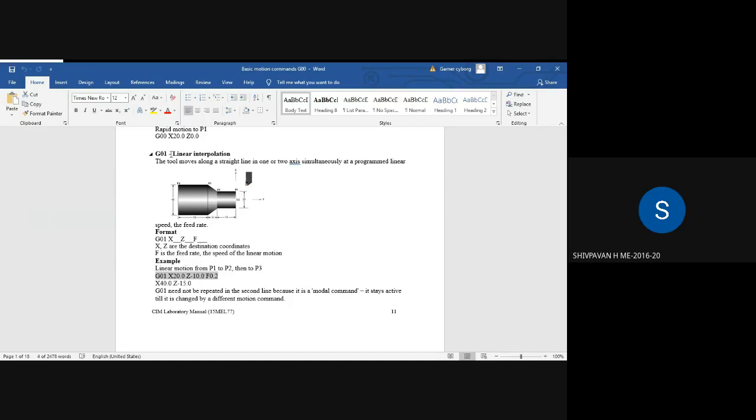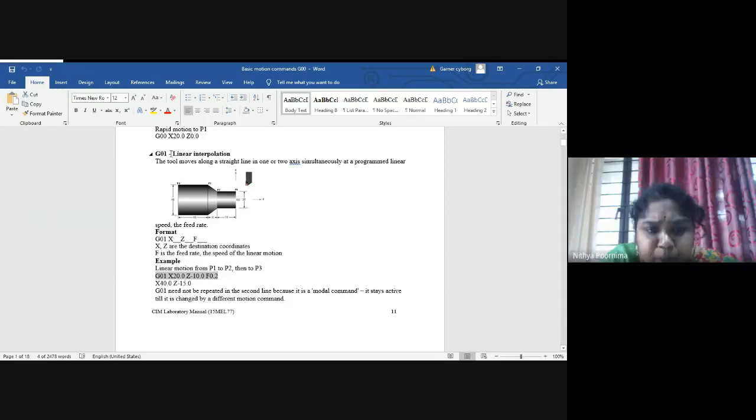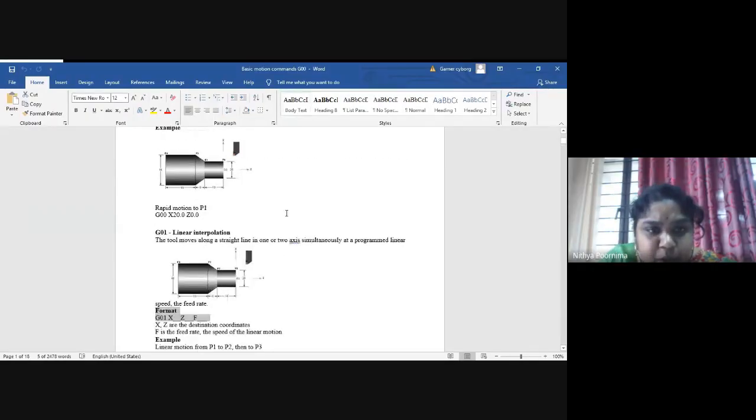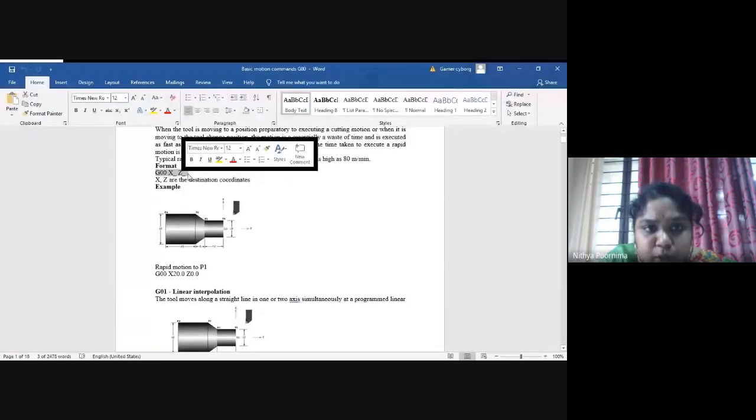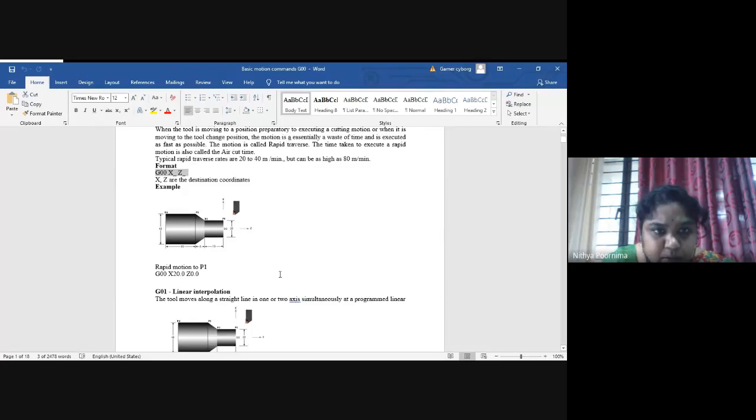No, ma'am. Boys, do you have any doubts? No. Now I want you to copy this block format of G01. I want you to copy the block format of G00. Keep it somewhere, because without these we cannot write a program. I want you to write the format for G00. I want you to write the format for G01. If you have copied, please let me know.